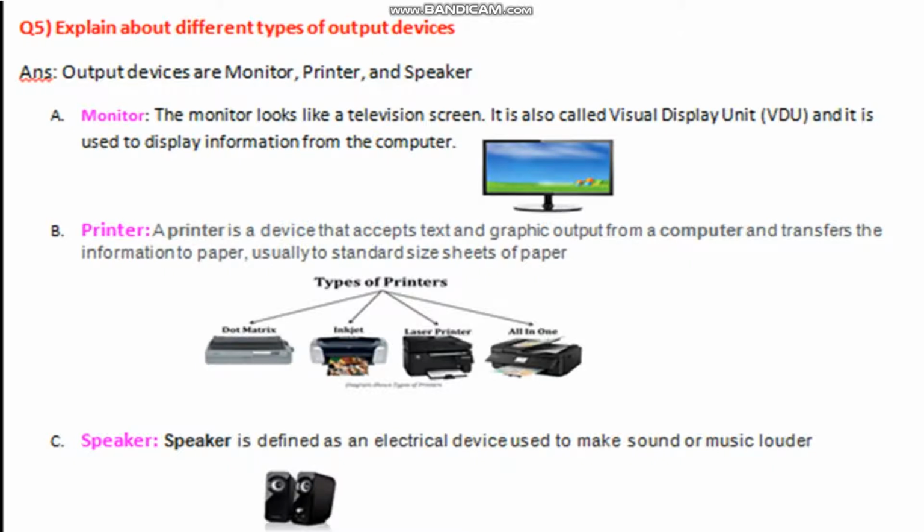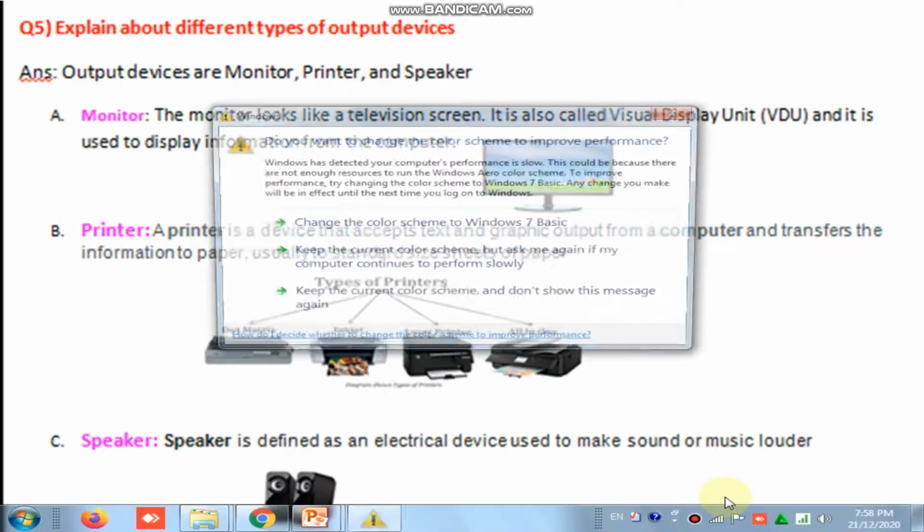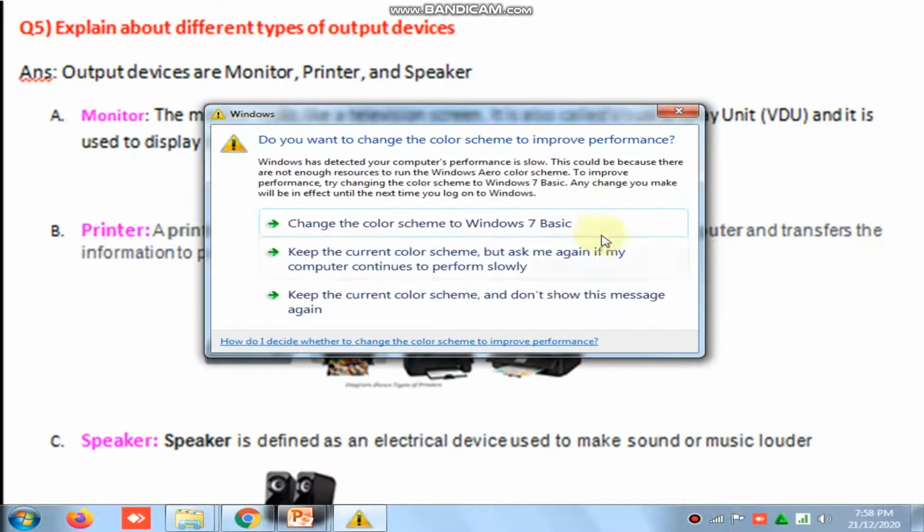Coming to the printer. A printer is a device that accepts text and graphic output from a computer and transfers the information to paper, usually standard size sheets of paper. There are two types of printers: impact printer and non-impact printer. This one is the dot matrix, the old one, which we are not using nowadays. There are the inkjet printer, the laser printer, and the all-in-one printer also.